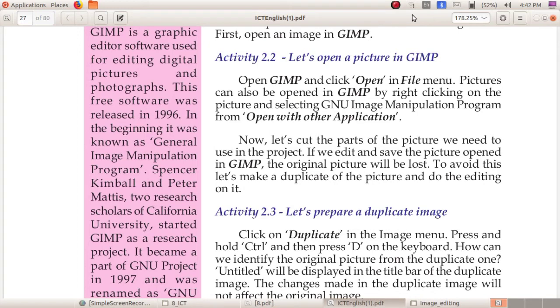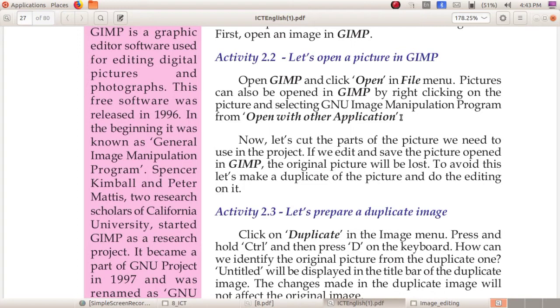Now you can open an image in GIMP. Open image and click open in the file menu. Pictures can also be opened in GIMP by right clicking on the picture and selecting image manipulation program from open with other application. So there are two methods to open an image in GIMP.